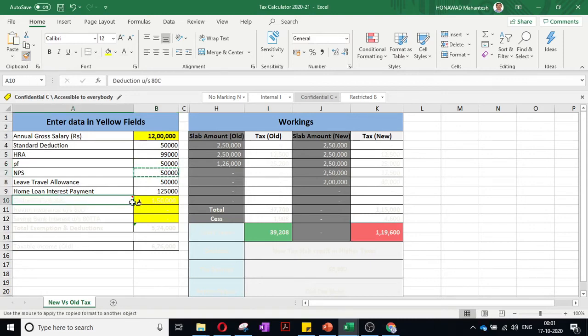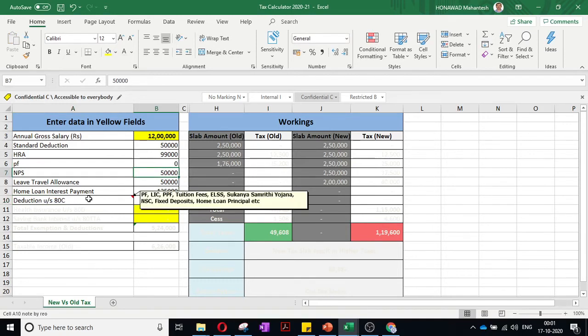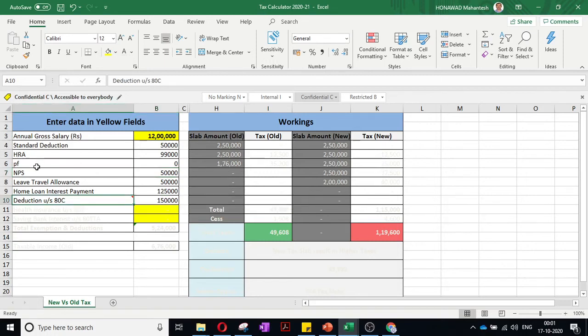So this PF will become 0 because PF already comes under 80C. In 80C what are the things coming? PF, LIC, PPF, tuition fee, ELSS, home loan principal, fixed deposit, etc. Okay, so we'll leave this.